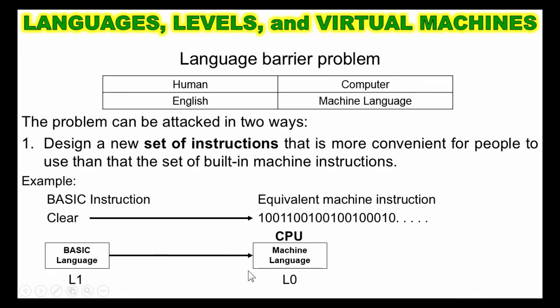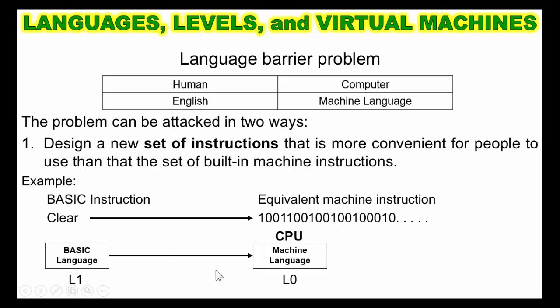So there is a language problem between human and computer. How do we solve this problem? Your guess is right. The problem can be attacked in two ways. Number one, design a new set of instructions that is more convenient for people to use than the set of built-in machine instructions. For example,